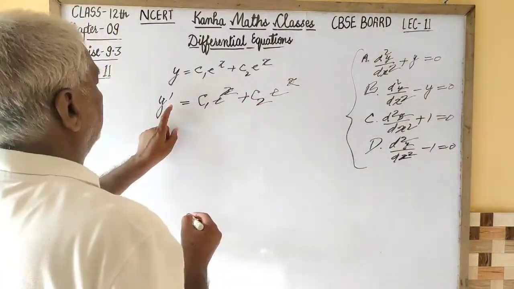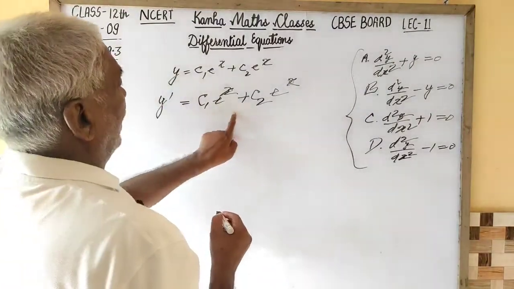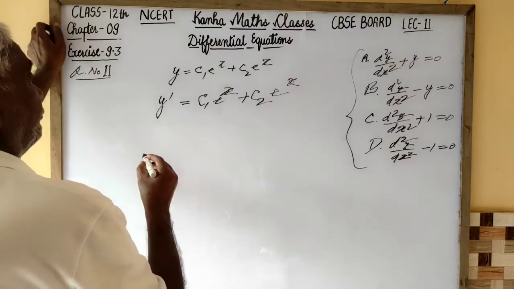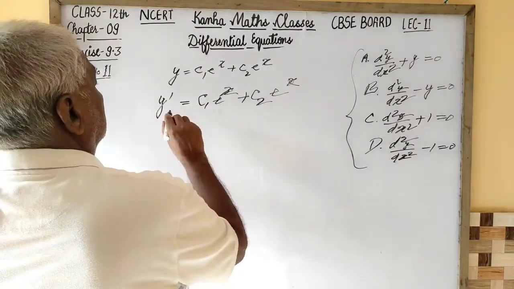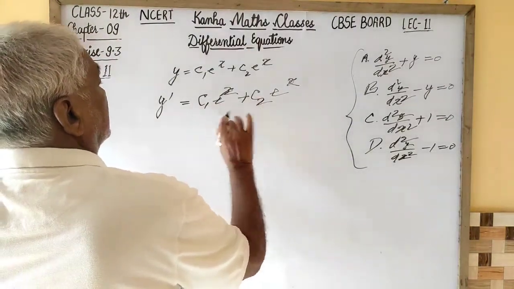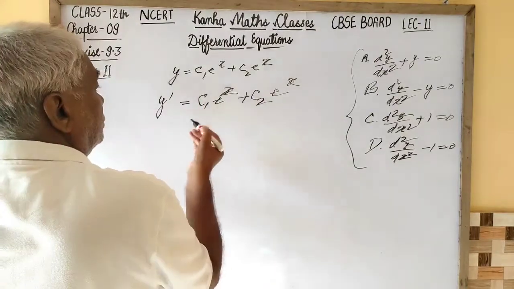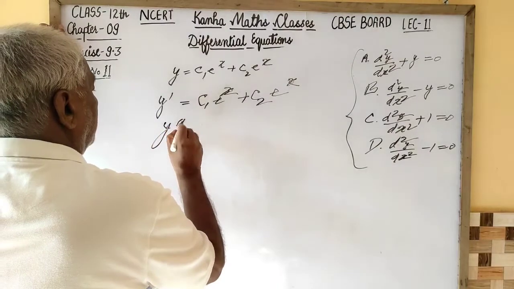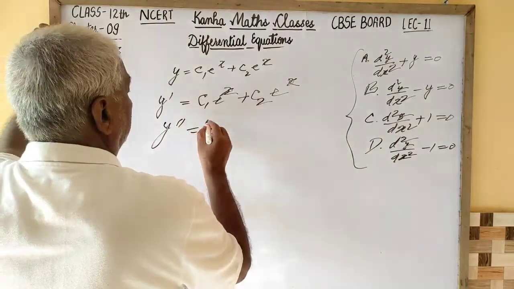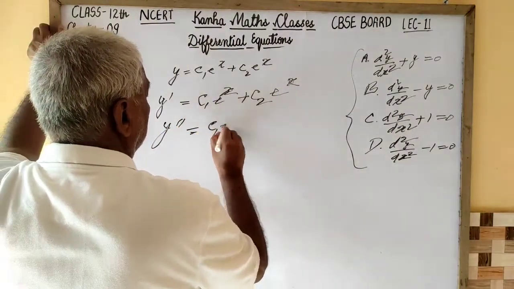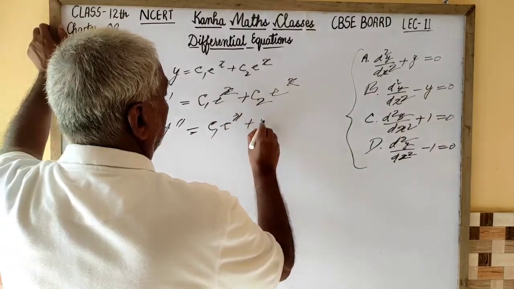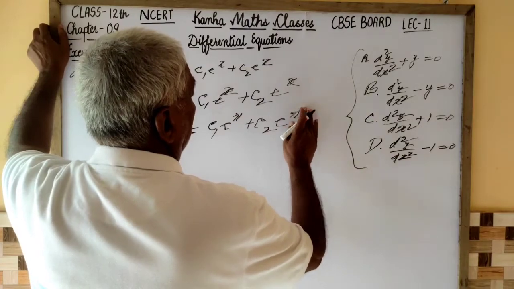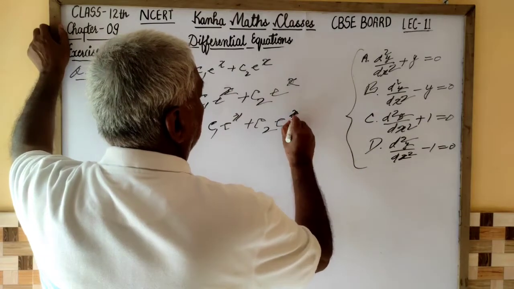If we try to find the second derivative, y double dash will again be c1 e^x plus c2 e^x,